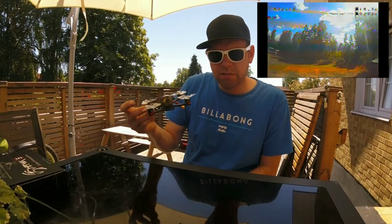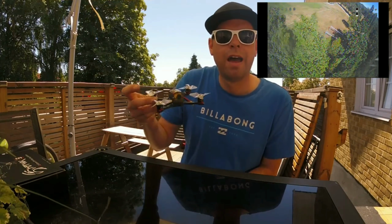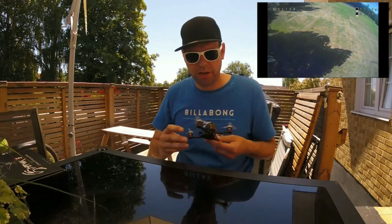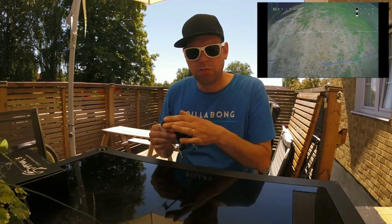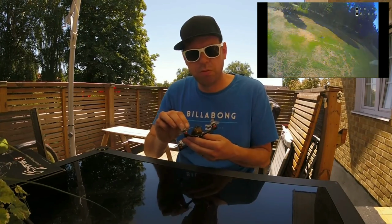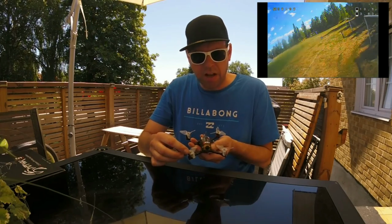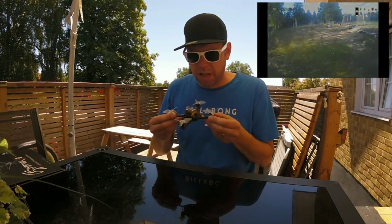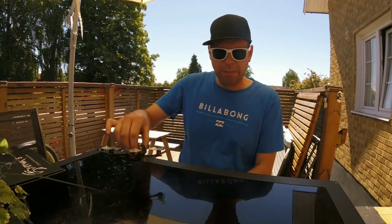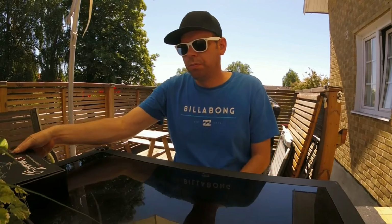So if you haven't done this modification, I strongly suggest you buy those 3-inch arms and those 2.3-inch propellers. It's Avan 2.3-inch propellers, and you'll be very happy, I promise you that. So